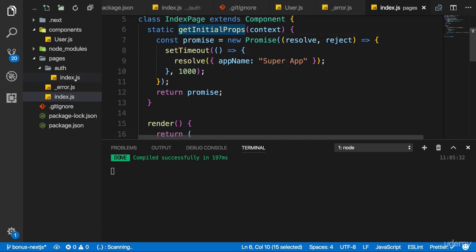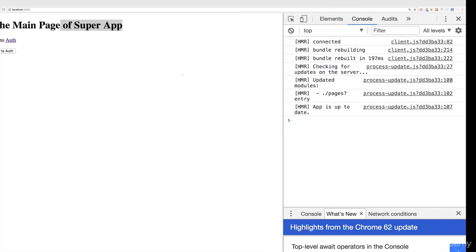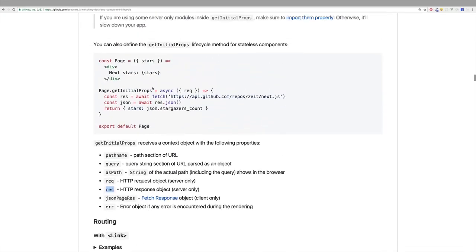Now, how do we use this in a functional component? This is possible. You can see how it works in the official documentation too. You simply create your constant and then add this, as it is a static method, to that constant after you created it.